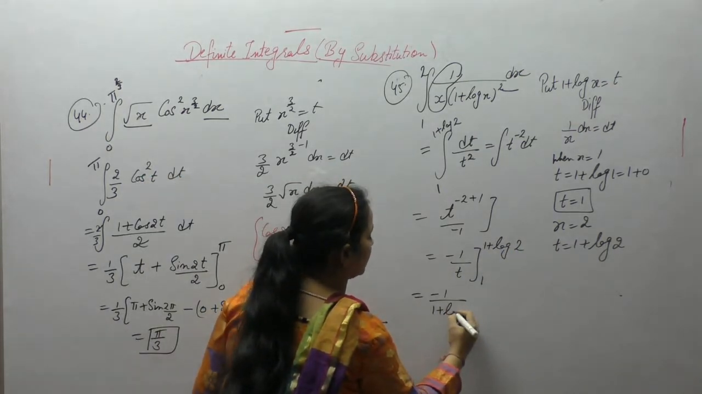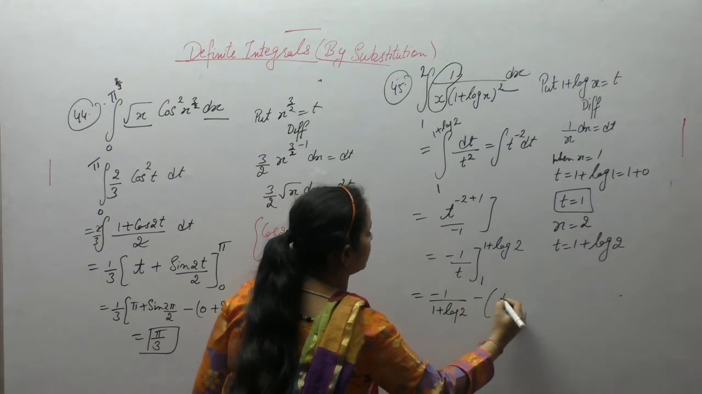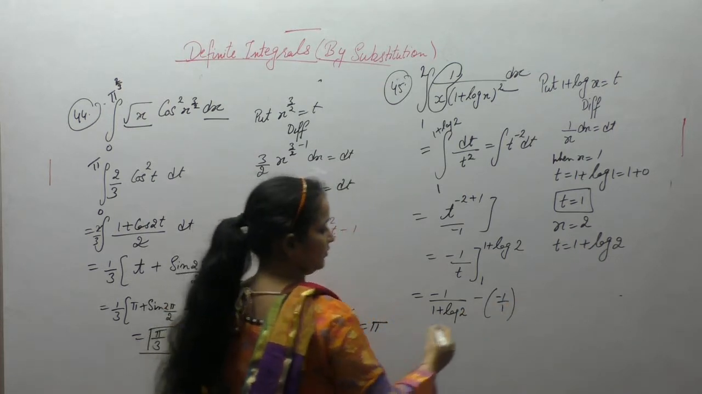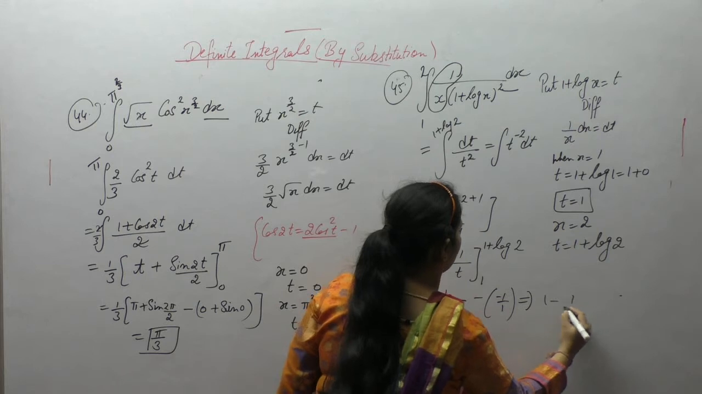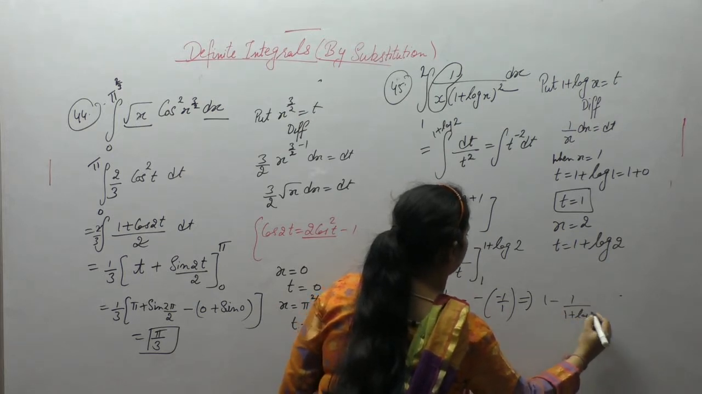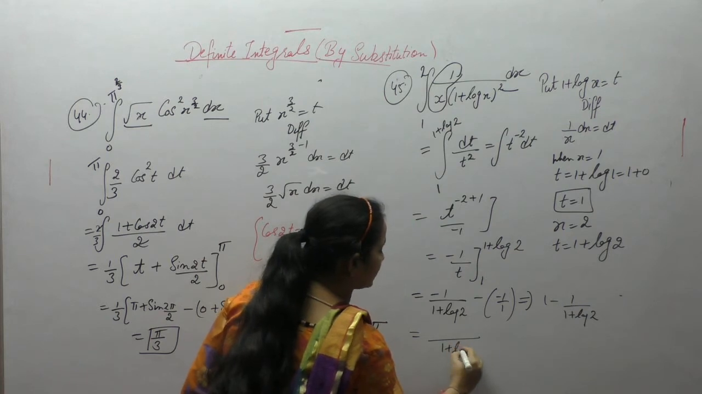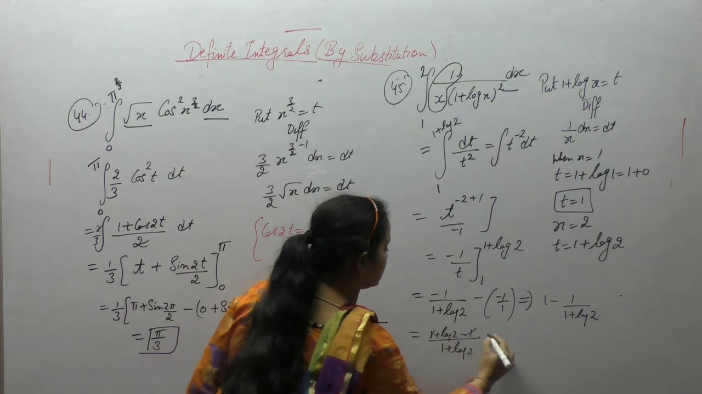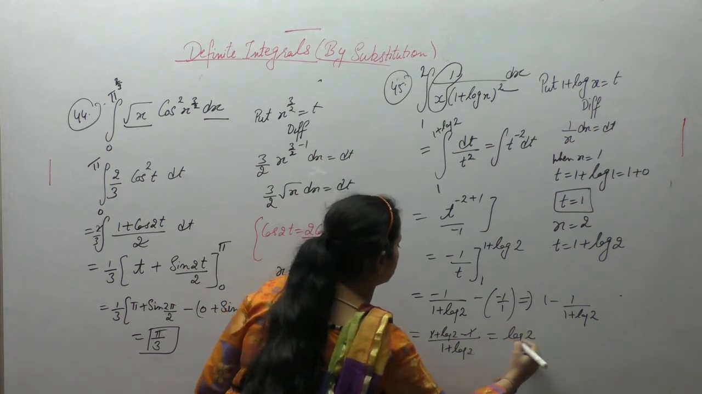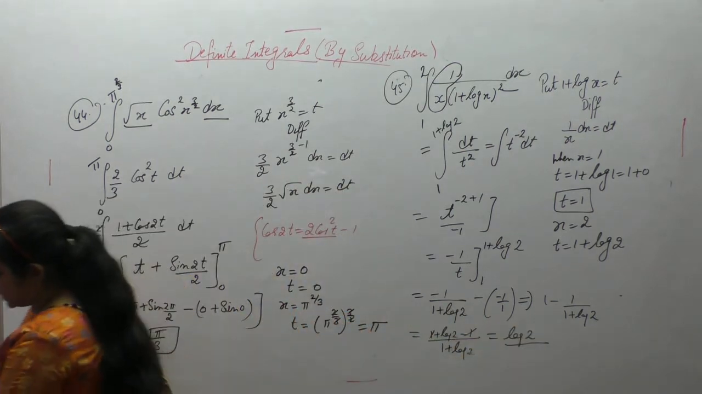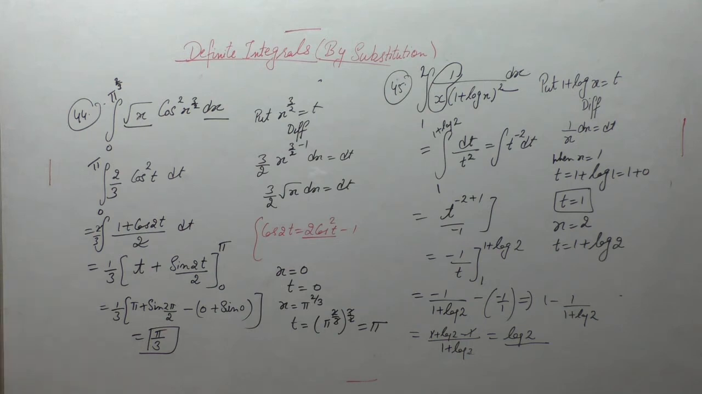Minus 1 upon 1 plus log 2 minus, minus 1 upon 1. 1 minus 1 upon 1 plus log 2. Take the LCM. 1 plus log 2 minus 1, log of 2 upon 1 plus log 2. 1 is the value of log